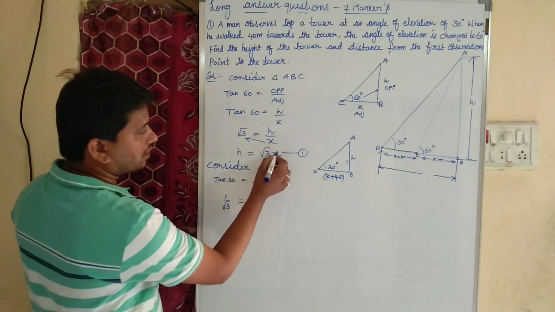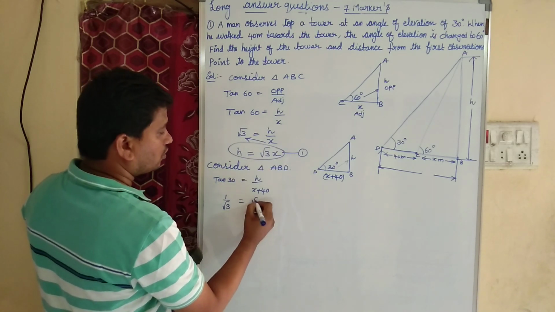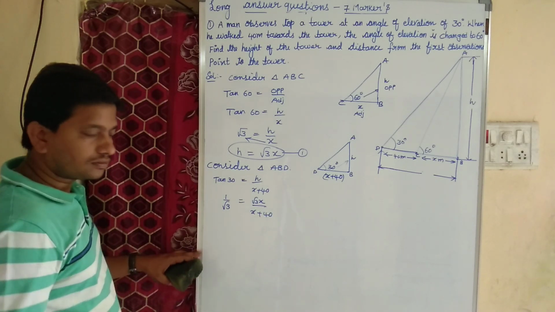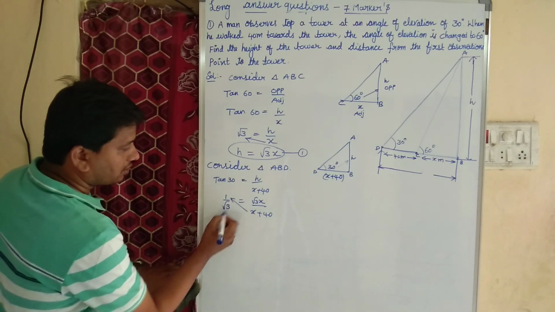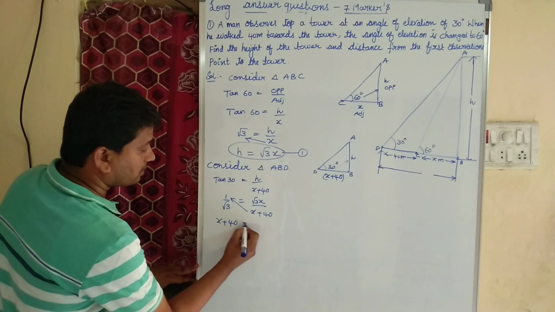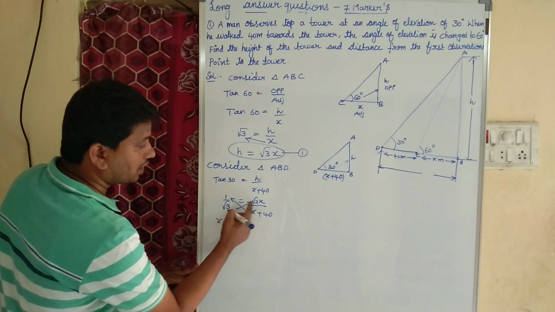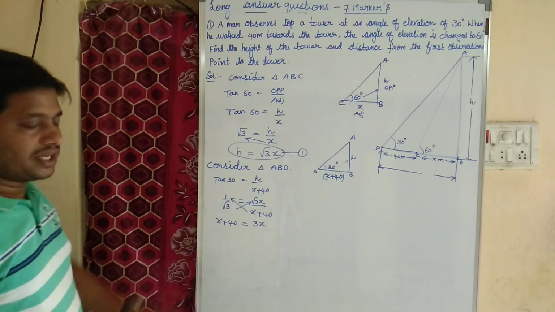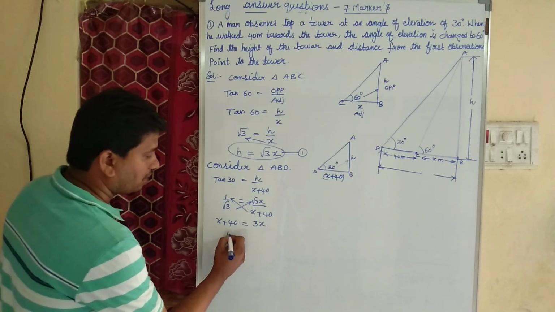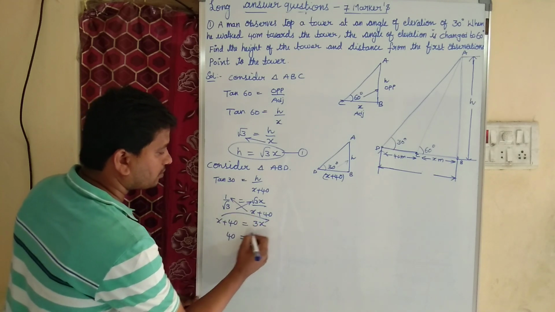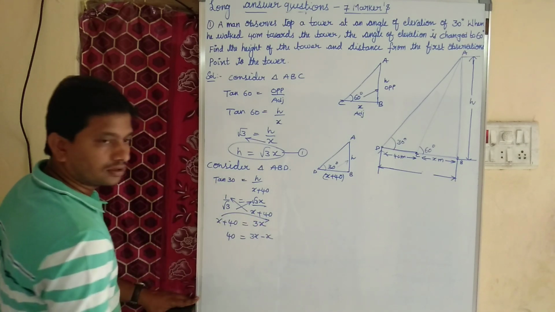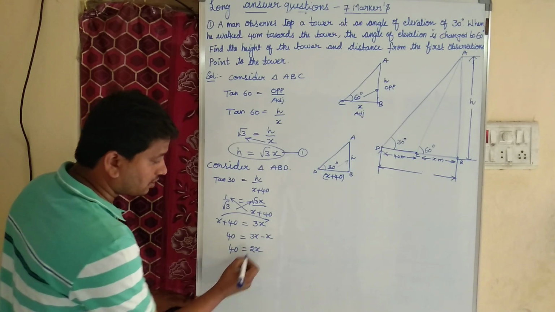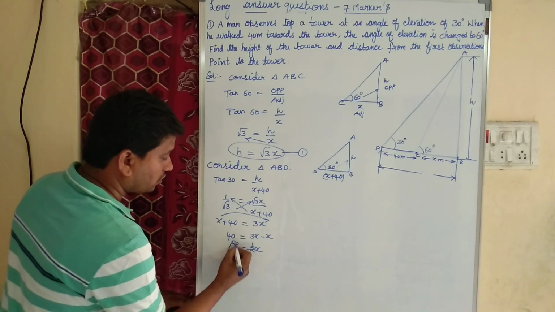What is the value of H, children? We got H equal to root 3x by X plus 40. So cross multiplication, 1 into X plus 40 equal to root 3 into root 3x, that is equal to 3x. Let 40 stay here only, plus X you transpose, it will become minus X. So 40 equal to 3x minus X, that implies 2x. 2 twos are 4, 2 twenties are 40, therefore